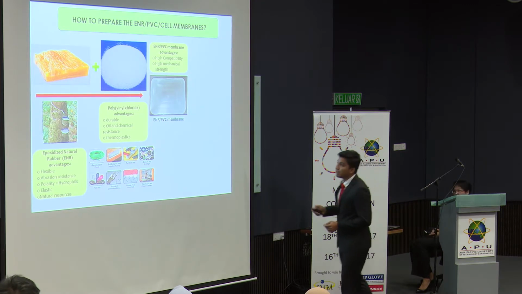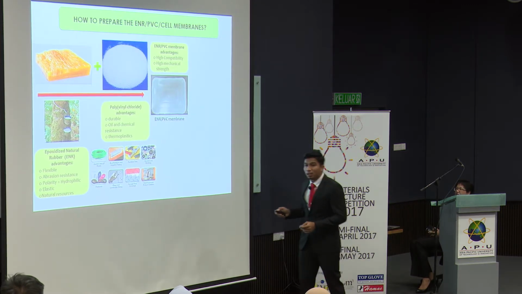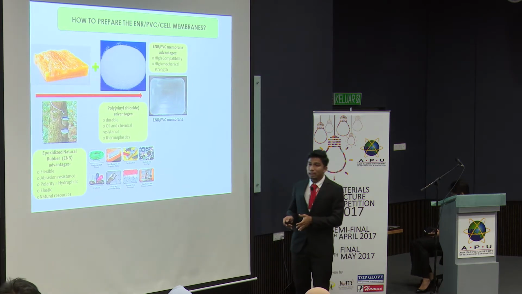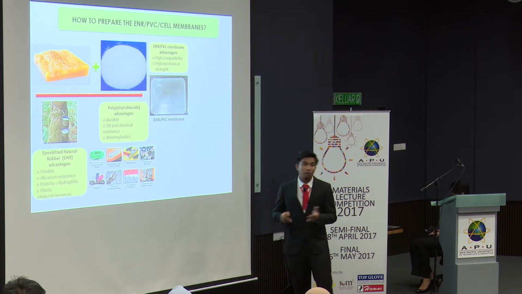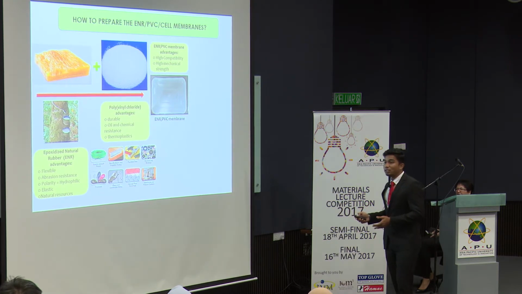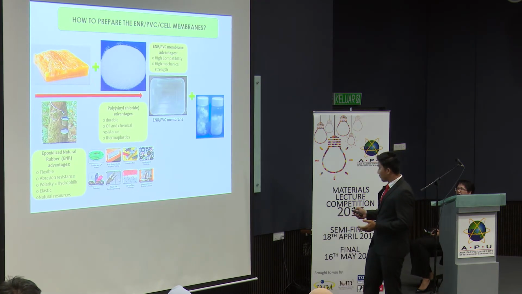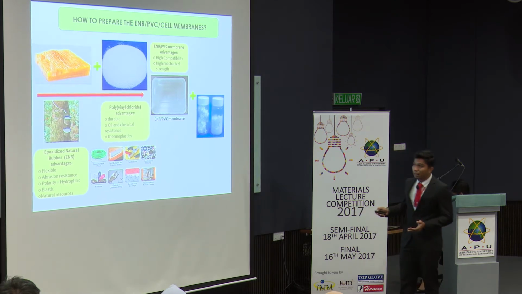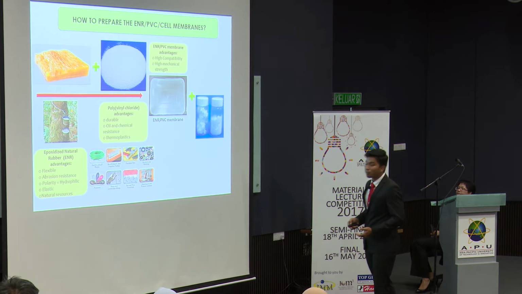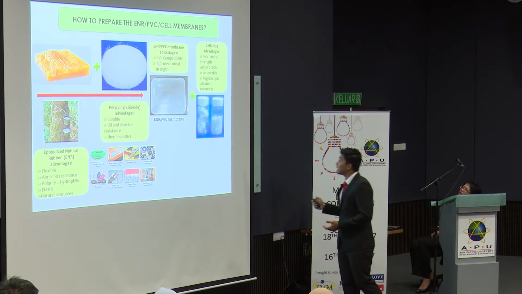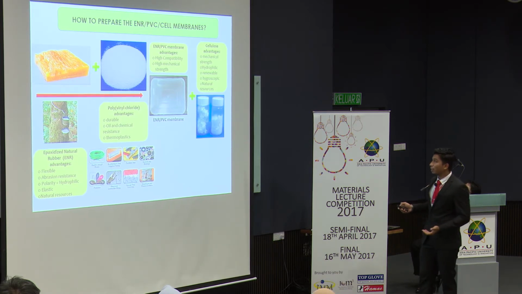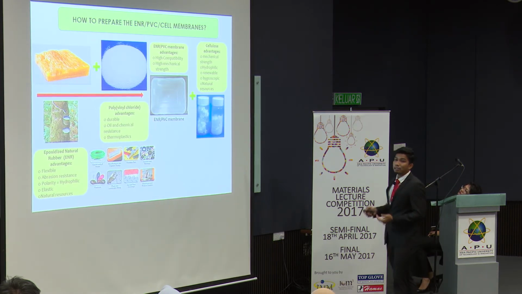In addition, the mixing between this ENR and PVC will form a membrane that possesses both the ENR and PVC properties, that is thermoplastic elastomer, or what we call TPEs. To enhance the performance or efficiency of this membrane, we add cellulose, which can come from the latex tree, the rubber tree, or from the palm oil tree itself. The cellulose has the advantage of high mechanical strength, hydrophilic, very renewable, hygroscopic, and it is a natural